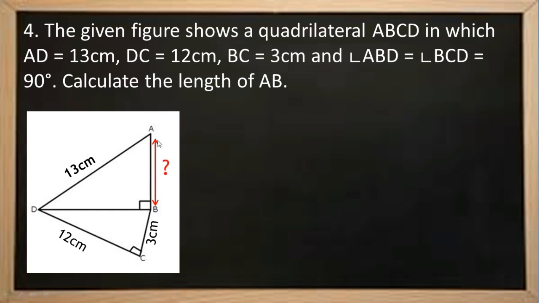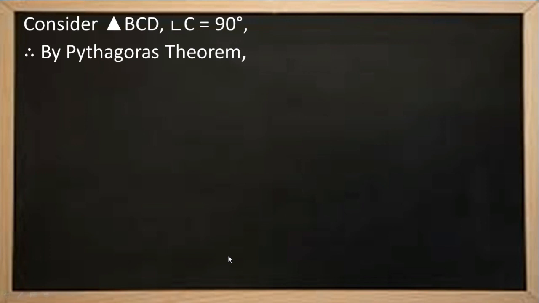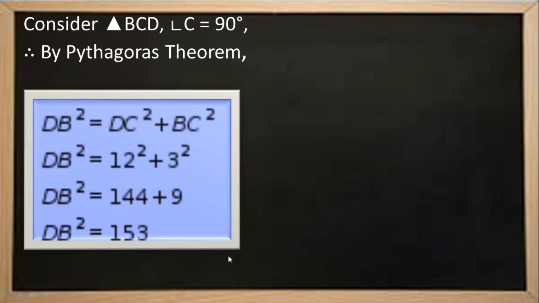Here what we need to find? We need to find the length of the side AB. So AB is part of triangle ABD, where we don't know the value of BD and it is not possible to calculate AB. Hence, let us move with triangle BCD. By using triangle BCD, find out what is BD. Hence, use BD to calculate the length of AB.